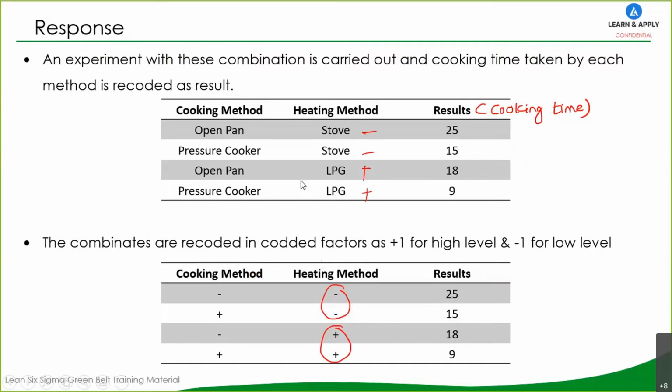Okay, so this is based on the standard order which we had, in which we have to collect the data, and whatever the result we are getting, we are putting against it. This is the response. This method is called something you have told, the Yates method. Standard order. Right. Okay. Thank you.